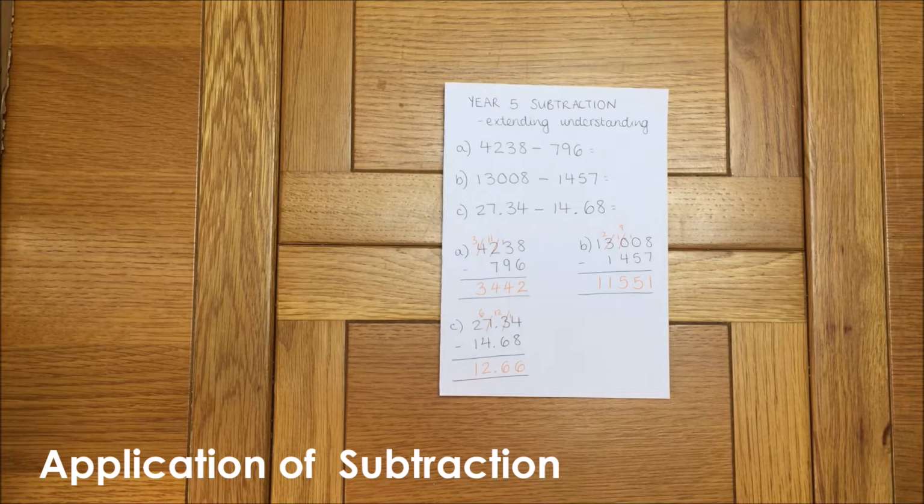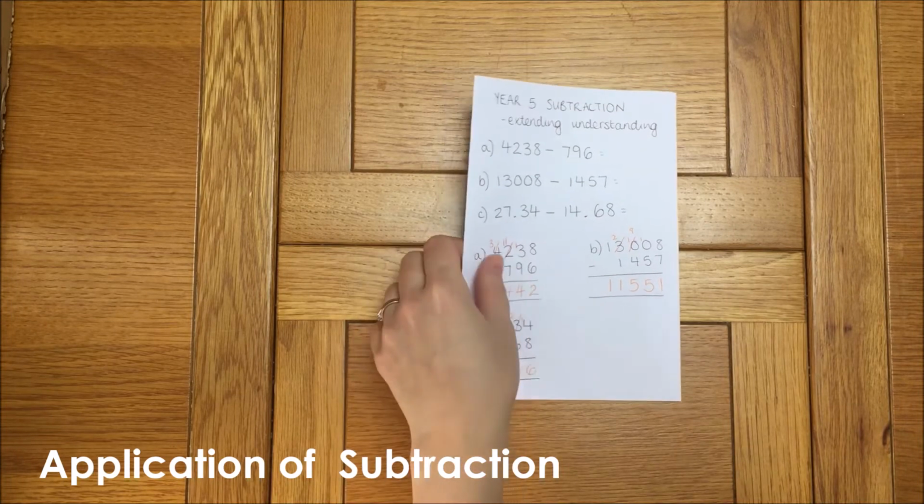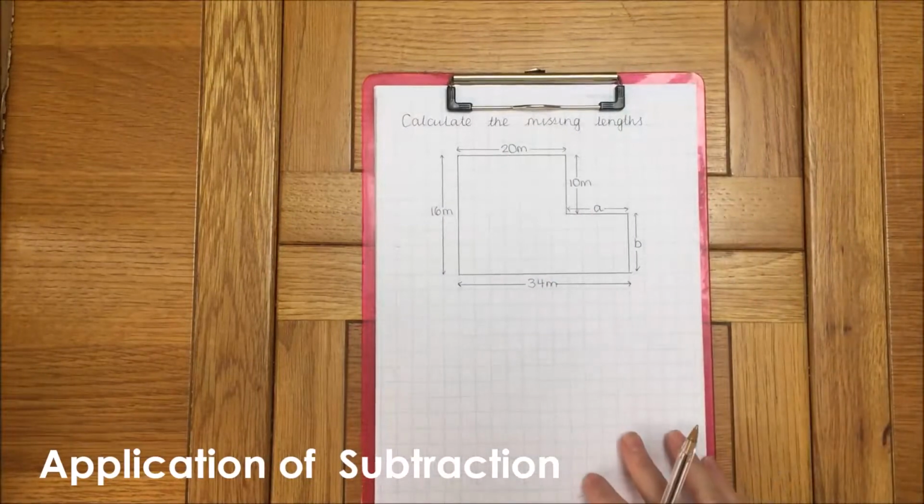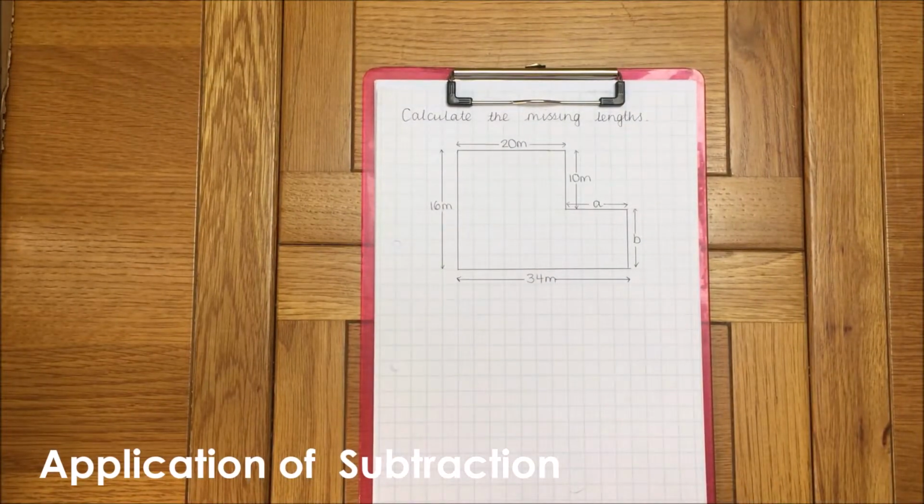That was yesterday's extension. Today we're going to talk about how we're going to apply our learning to something that we've actually done in maths before, so it's a bit of a recap, and that's calculating missing lengths of shapes that are made up of rectangles. So before we do that, I just want to remind you what we know about rectangles. We know that opposite sides are equal, and we're going to need to use that to help us solve this